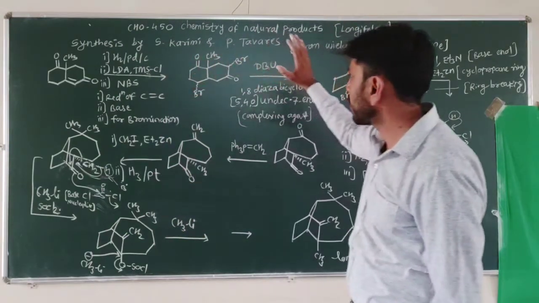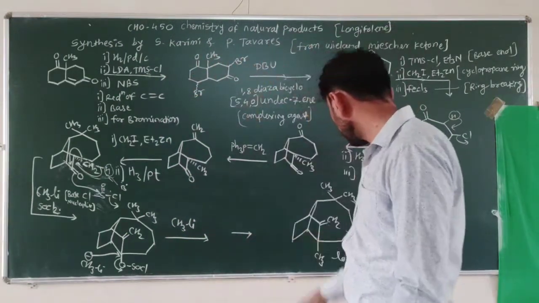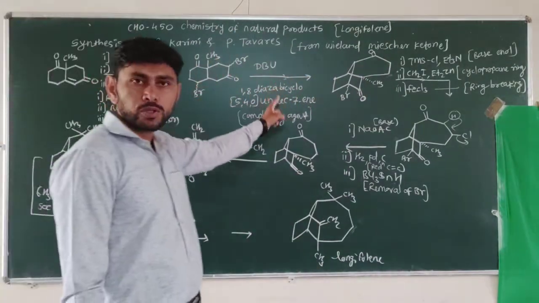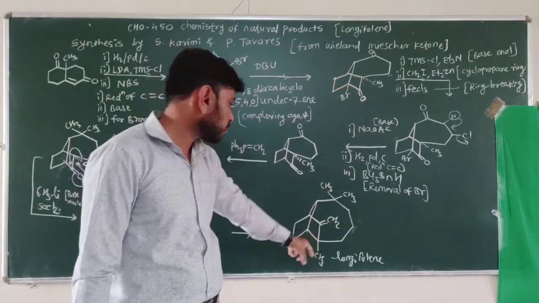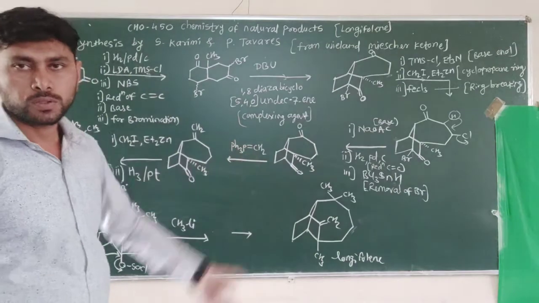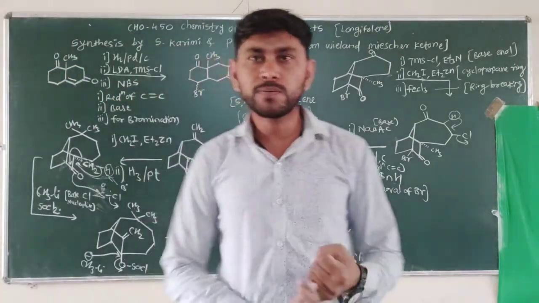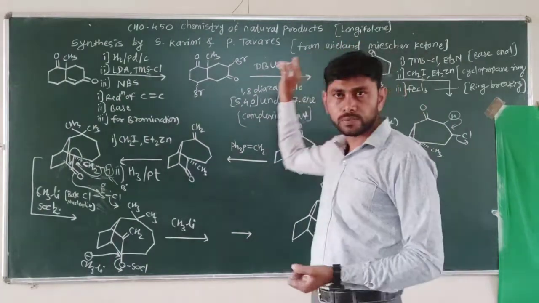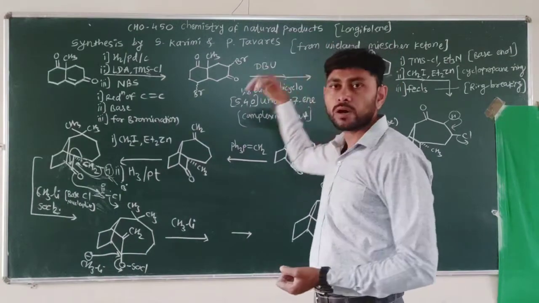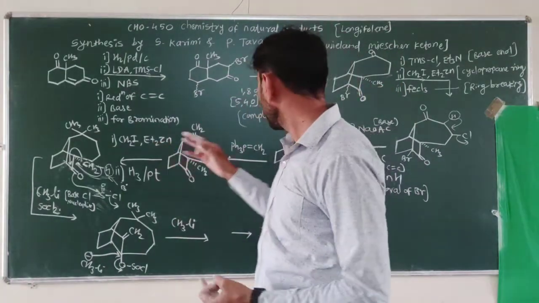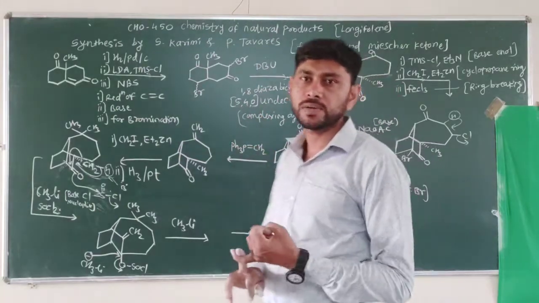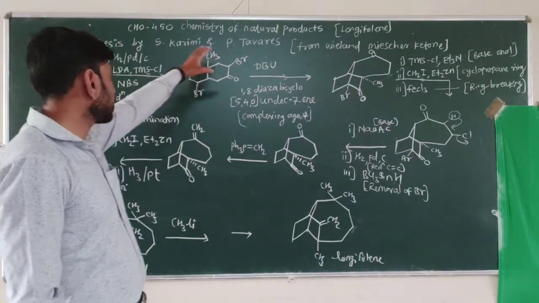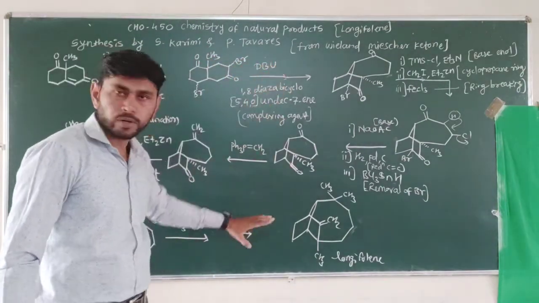So this is the synthesis by S. Karimi and P. Tavris, where we obtain the structure of longifolene. The reagents are mentioned, and also the roles of these reagents, which give rise to the structure of longifolene from Wieland-Miescher ketone. So first, three syntheses from Wieland-Miescher ketone. We saw in some lectures the Wieland-Miescher ketone, how it is obtained by retrosynthesis, and from it we obtained three syntheses. First synthesis by E.J. Corey and co-workers, second by McMurry and Isele, and third synthesis by S. Karimi and Tavris.